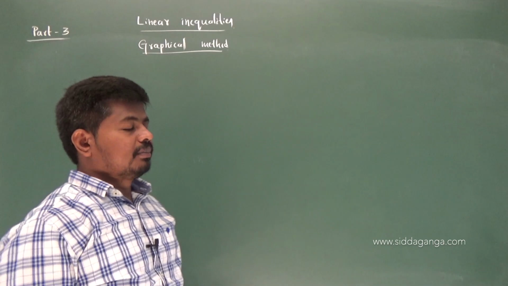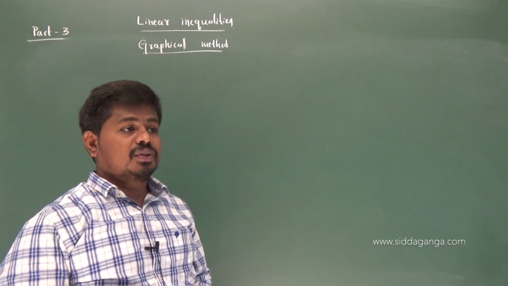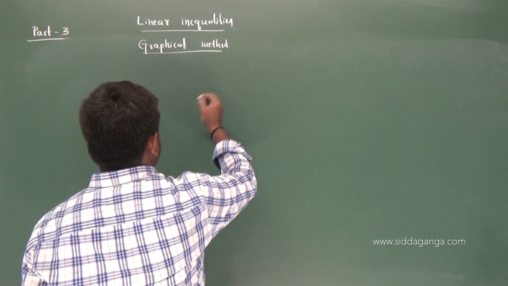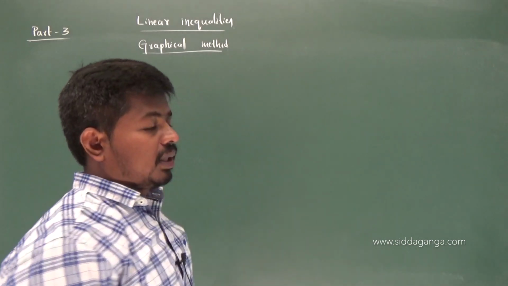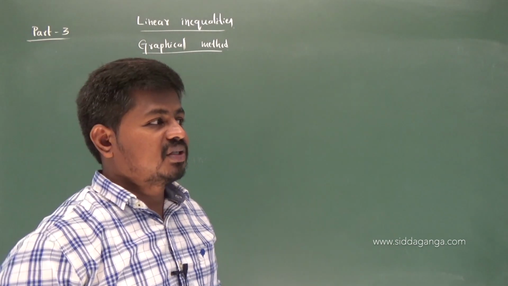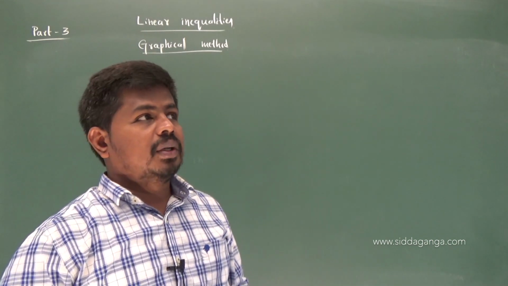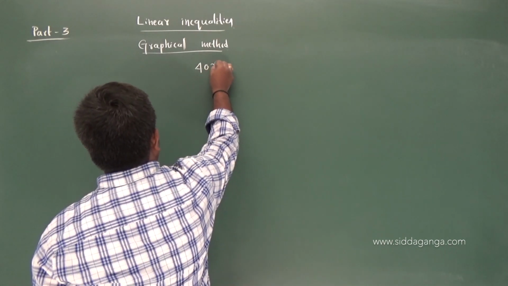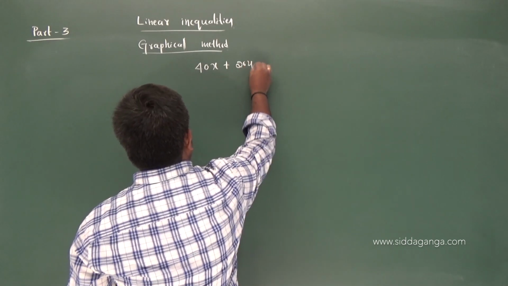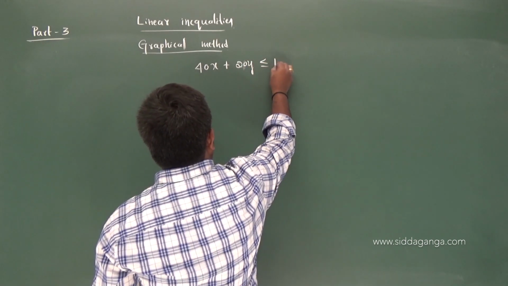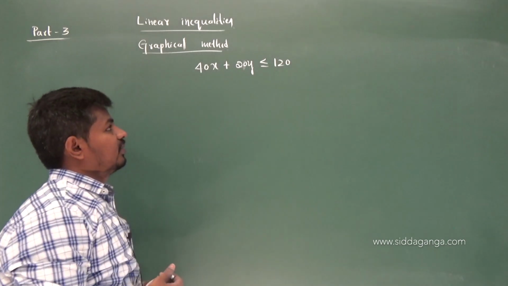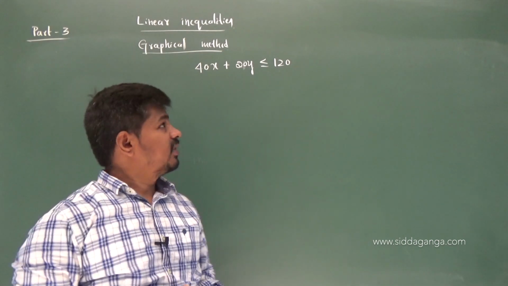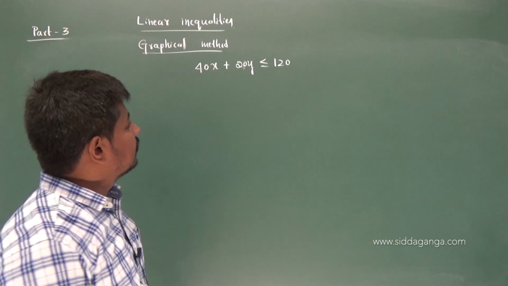Okay, for this I am going to take Sunita's example discussed in the last session. She had an amount of 120 and she wanted to purchase notebooks and pens. The cost of a notebook is rupees 40, the cost of a pen is rupees 20. So the total amount she has to pay is less than or equal to 120. This is the question we have discussed in the last session. If x and y are real numbers, what does x represent? Number of notebooks, and y represents number of pens.